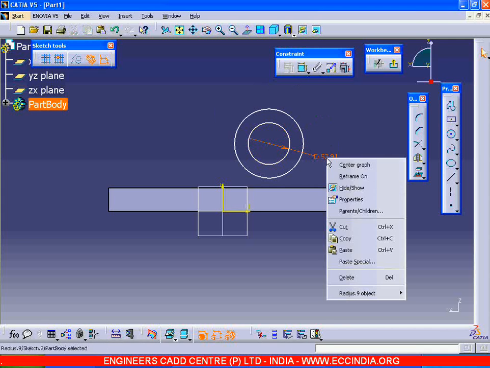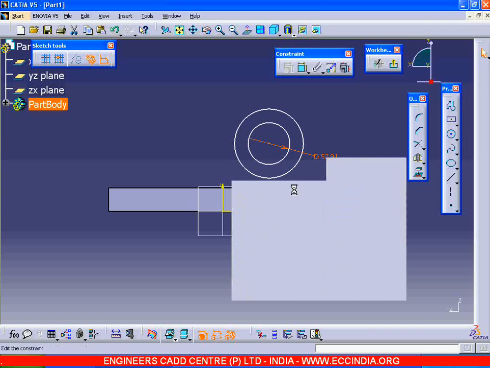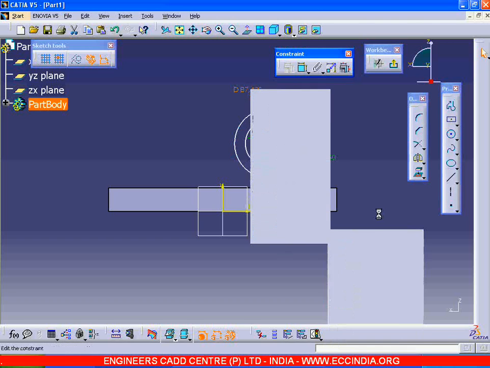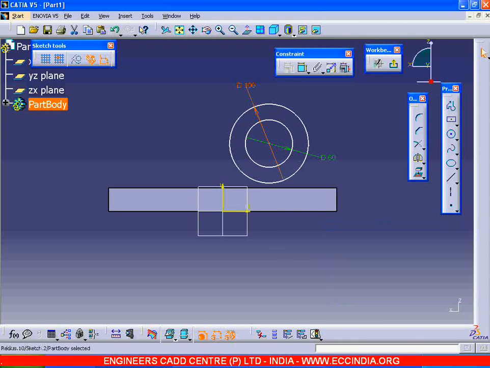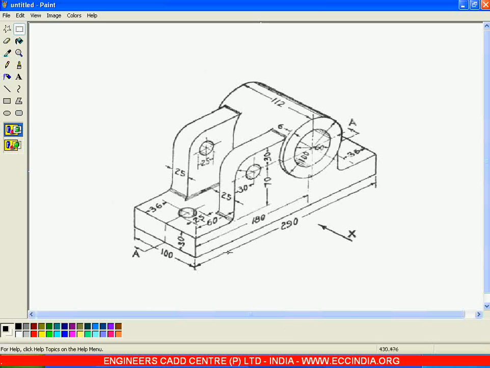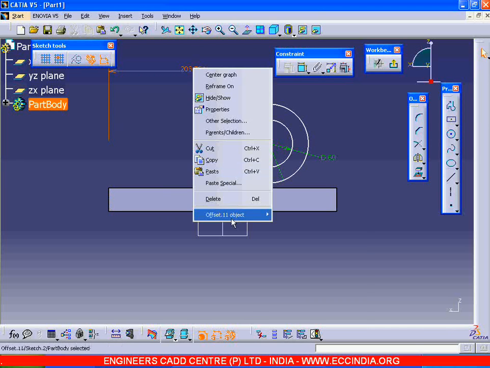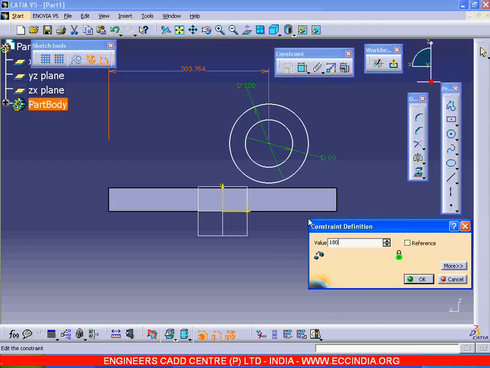The inner circle diameter is given as 60 and outer circle diameter is given as 100. So inner circle diameter I am placing as 60 and outer circle diameter is 100. Then from this edge to this center is 180. Picking this edge and the circle center, changing the value to 180,